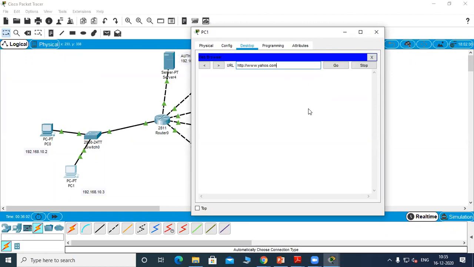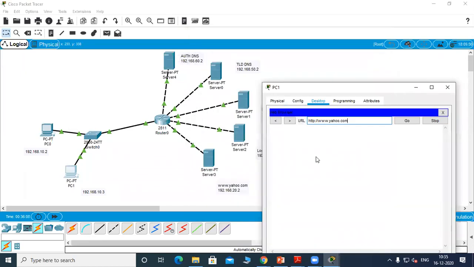Now you can see that the request is not able to process because we have not yet added the final address in the authoritative service. So the request will go to authoritative, but that mapping is not there still. That's why you will get a request timeout.